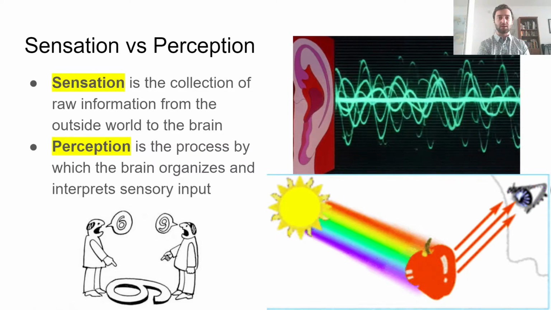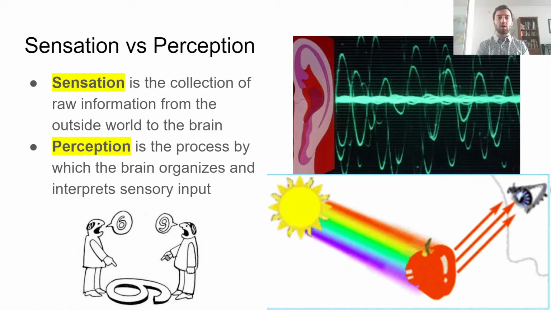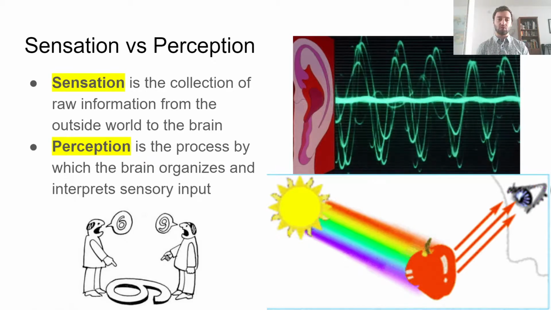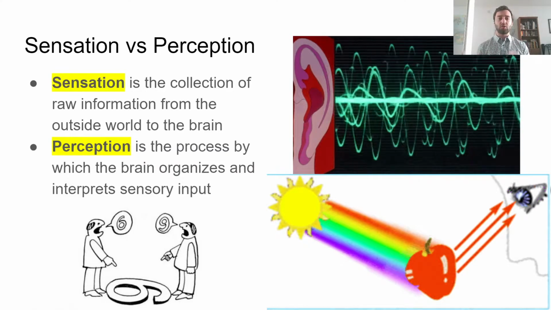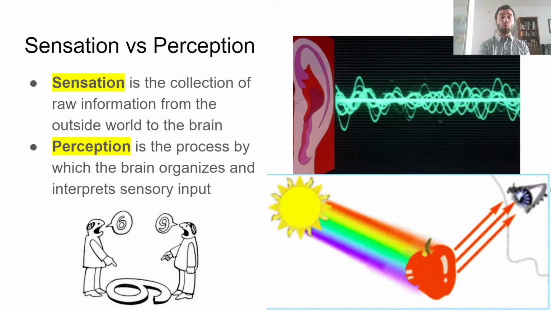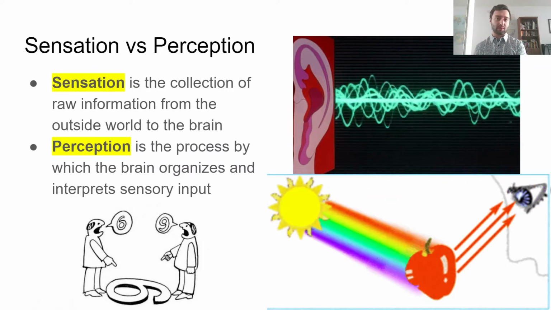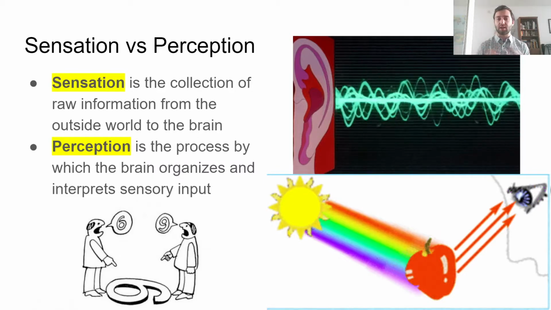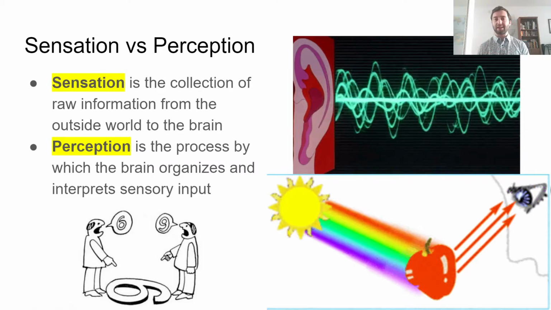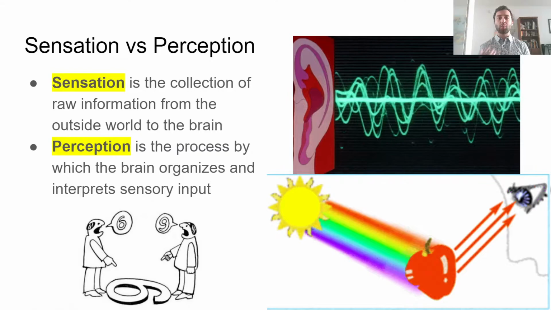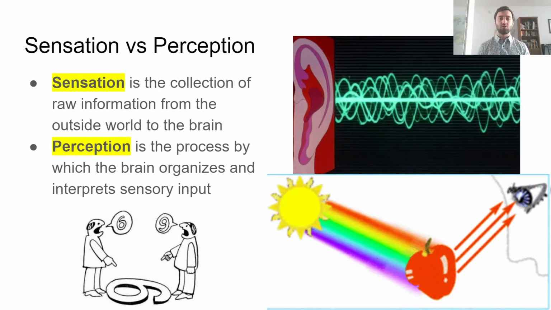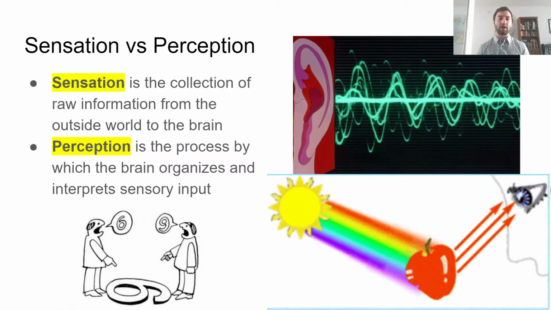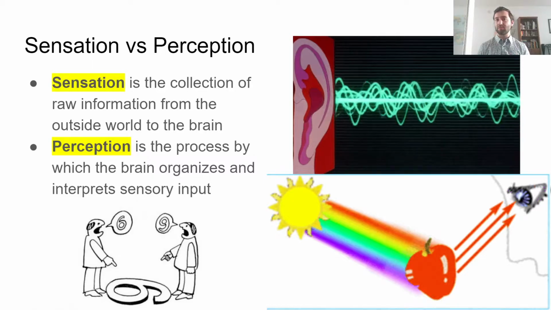And this is perception. So the brain takes this raw data and turns it into all of these other things. There are two big things we say: it's going to organize it and it's going to interpret it. So it's going to put it together with other things, make connections, and then interpret it to mean something. An example of this is right now, you guys are all hearing me speak.